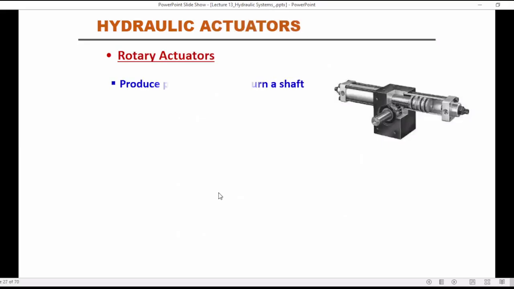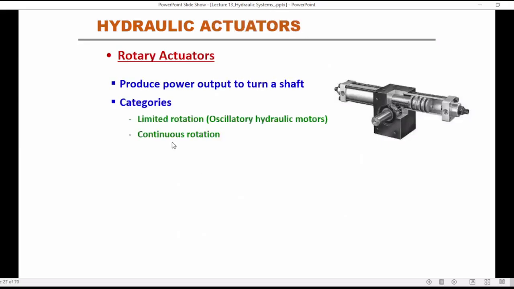Okay. Then here you can see rotary actuators. They produce power output to a turning shaft. Here you can see this actuator. Using this piston, using this cylinder, you can move this shaft in the forward direction and